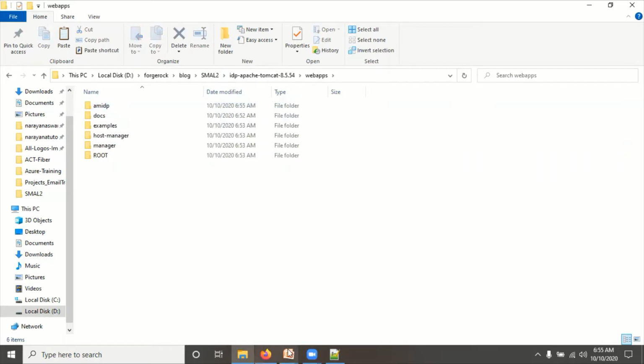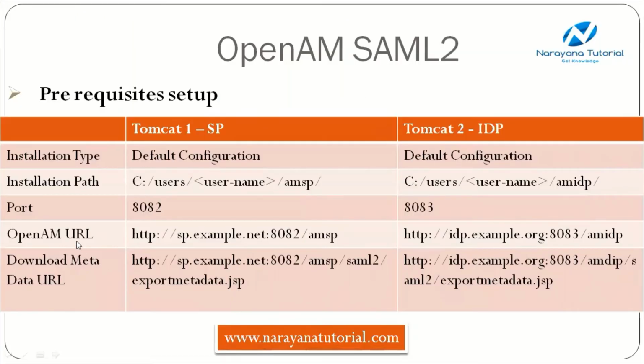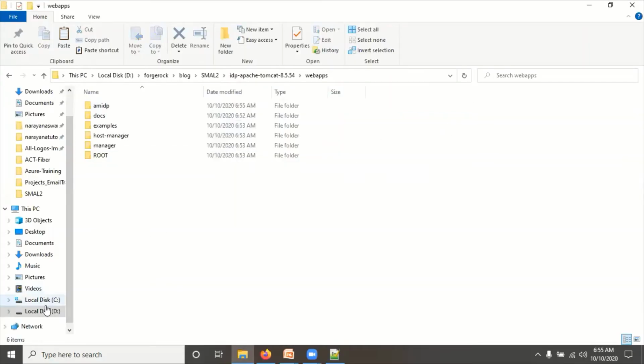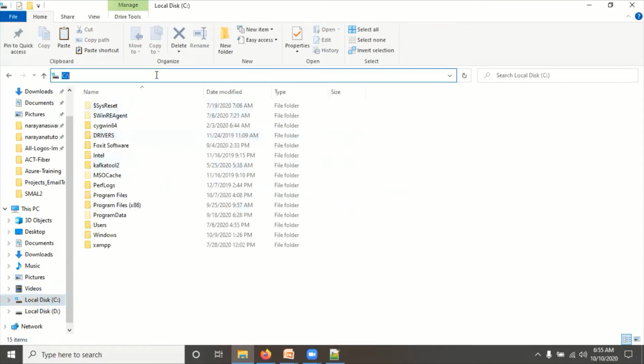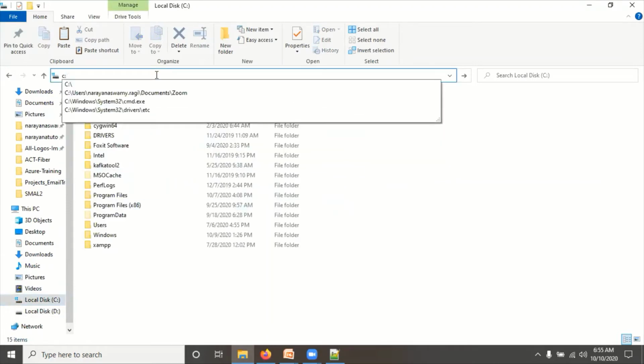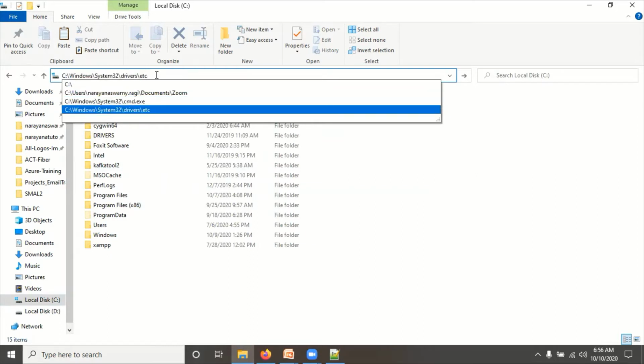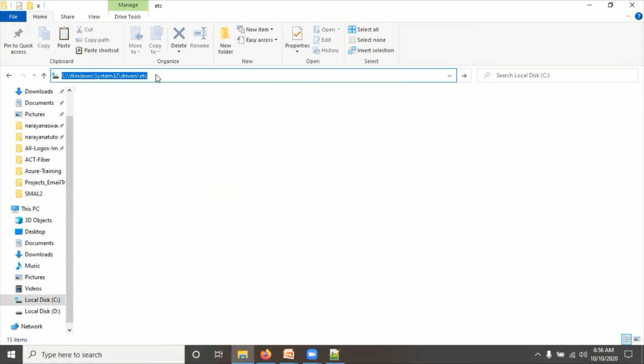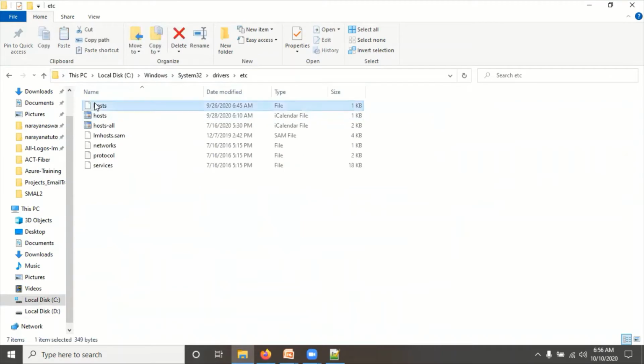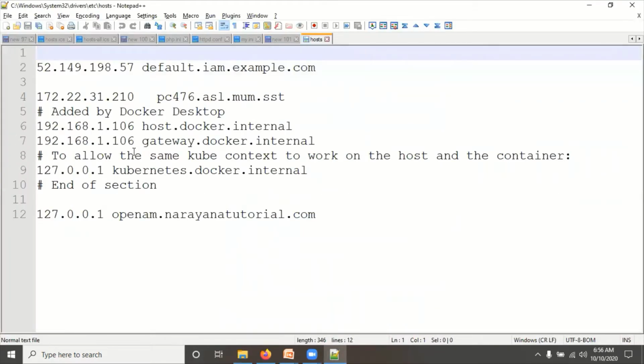The next step is to configure the host entries. Where are the host entries? Go to the C drive, Windows, System32, drivers, etc. Here we have to open the hosts file.